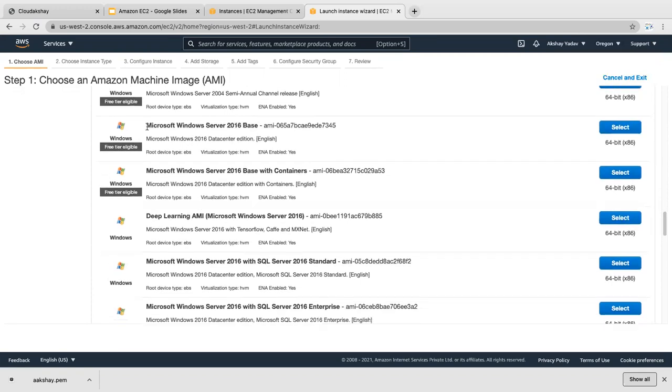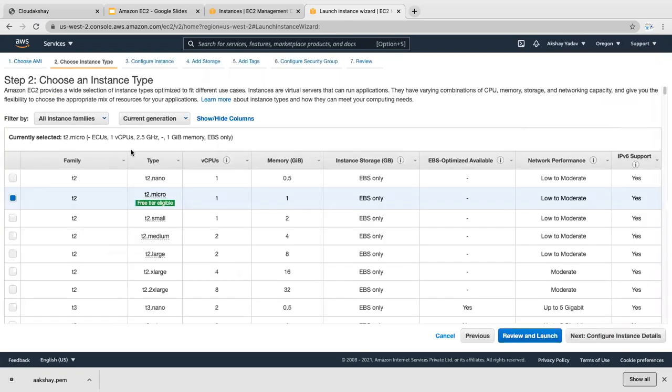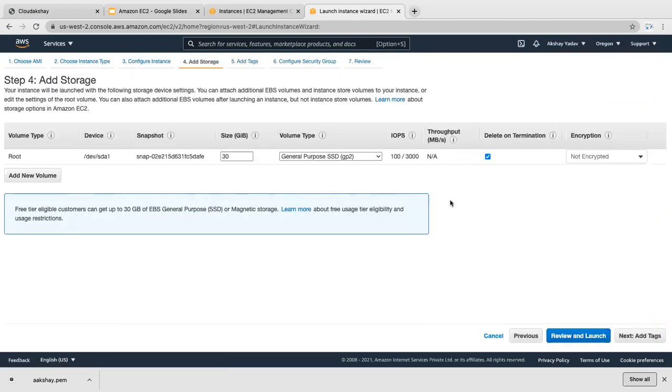I'm going to choose the Windows 2016 base machine. Select, and for virtual CPU, I keep everything default. Add storage. The Windows requirement is that it must have 30 GB minimum. We can extend it here and click next.